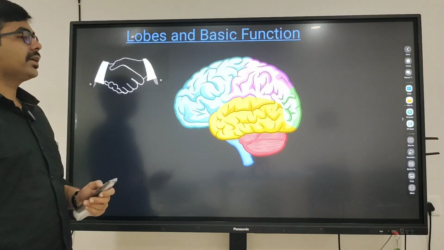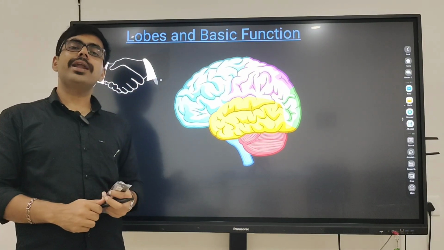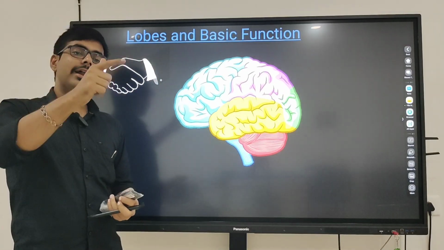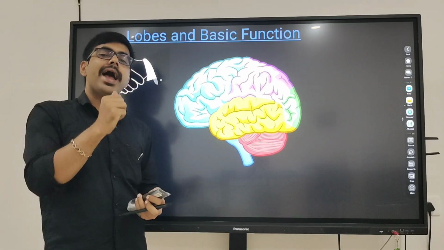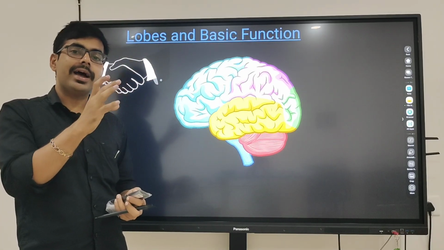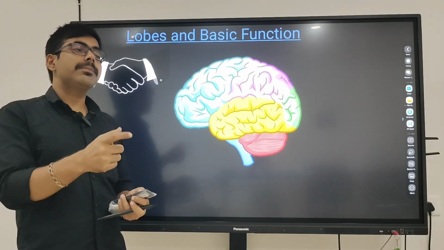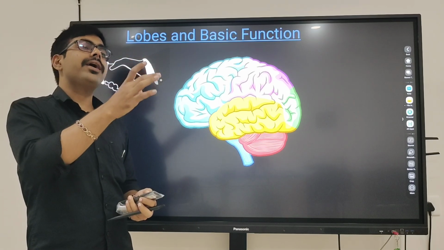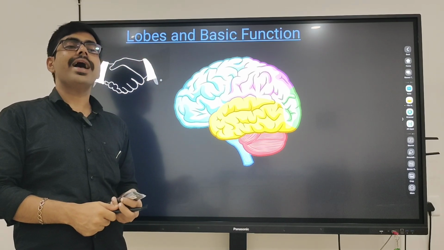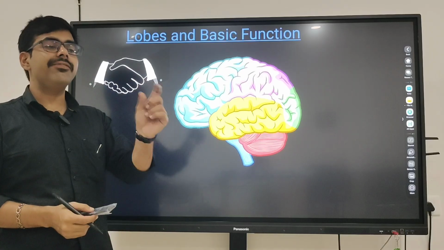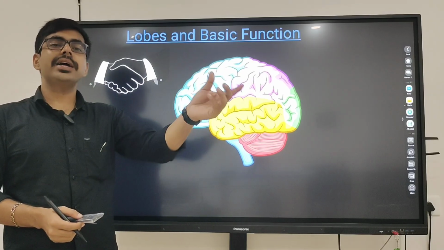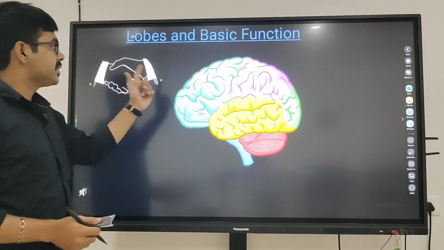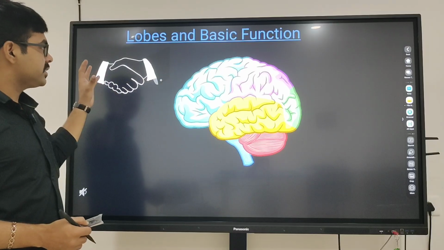Now by seeing this picture, you can see that if anyone is giving you a hand to shake, how will we identify where the target is, where the hand is? You will identify it from the parietal lobe. Now you are going to shake the hand, but you have to identify what object that person is showing. If that person is giving you a bottle, you will hold the bottle, you are not going to shake the bottle. If you identify that the person is going to give you a hand, then you will shake the hand. This identification is done by the temporal lobe. Where the hand is, that is done by the parietal lobe. Now you give the response accordingly. It is done by the frontal lobe. So this is how it is happening.